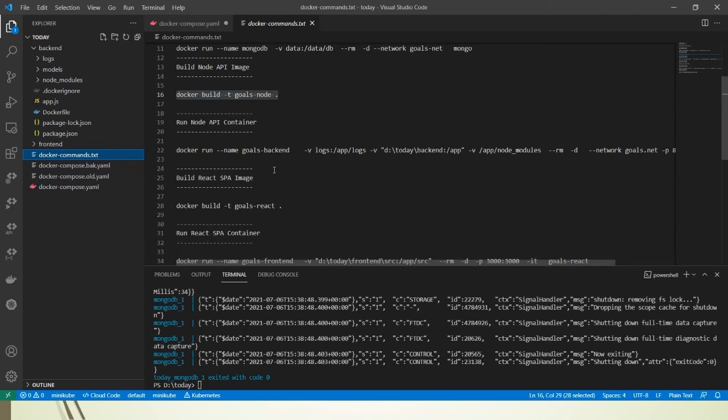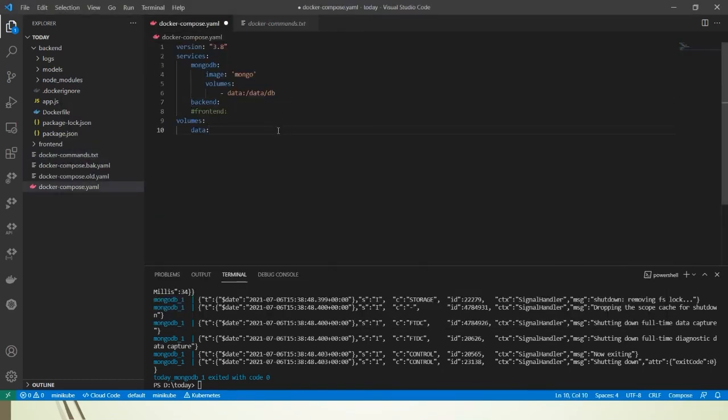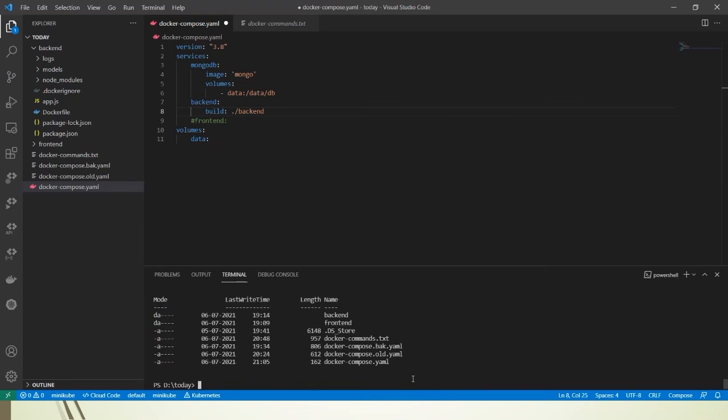Okay, it is build -t and the dot will be given for the backend. So instead of image we will give build, then a colon, and then the file path, which is backend. Here if we see in the directory, here is the path, so here we will give the path name.